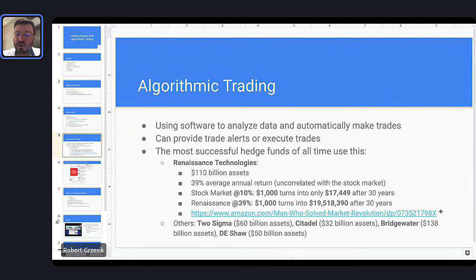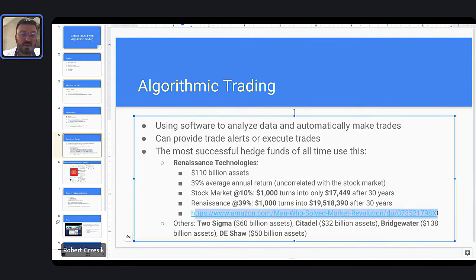So there's a really great book. This is a book about the founder of Renaissance Technologies. Name is Jim Simmons. This is a guy who used to be a math professor at MIT or something like that. Again, he started Renaissance Technologies back in the day. They started off trying to figure this stuff out. They cracked the code, started making quite a bit of money. Fascinating book about this whole thing.